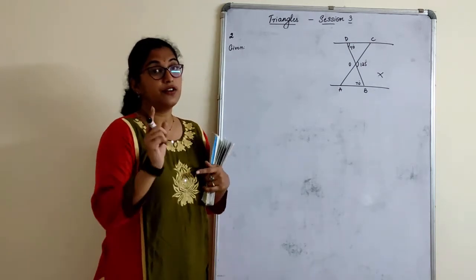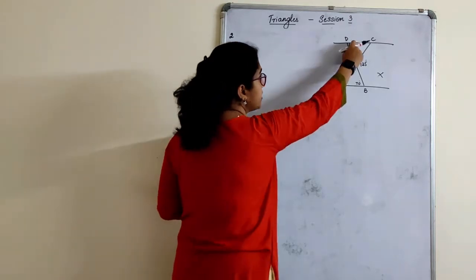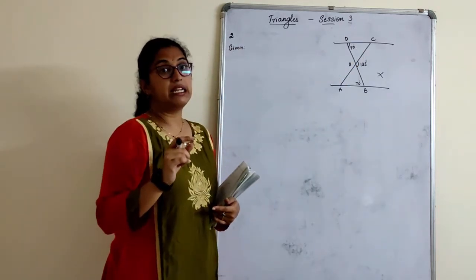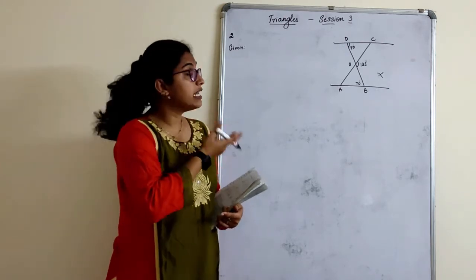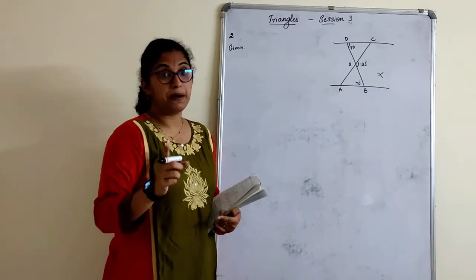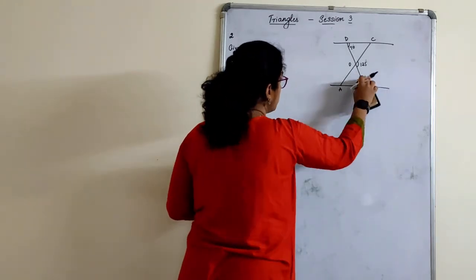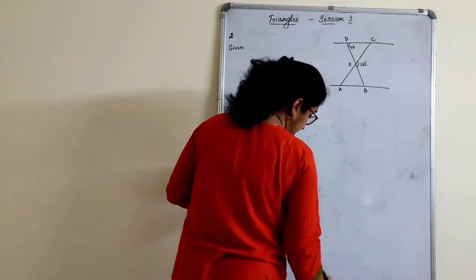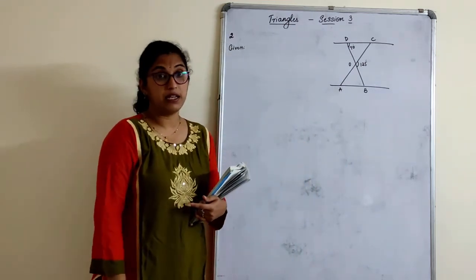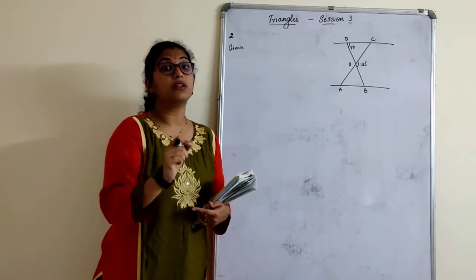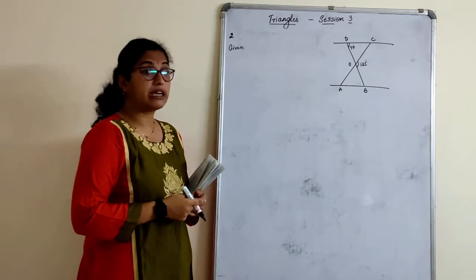Why? First of all, in the whole question, nowhere they have mentioned that AB is parallel to CD. Until and unless they mention that the lines are parallel, it cannot be a parallel line. It looks like a parallel line, but it is not parallel, so it cannot be 70. That is point number 1. Next point. They have not given that the triangles are similar. If they have not given that triangles are similar, we have to first prove the triangles are similar and then start our next process. How to prove triangles are similar?